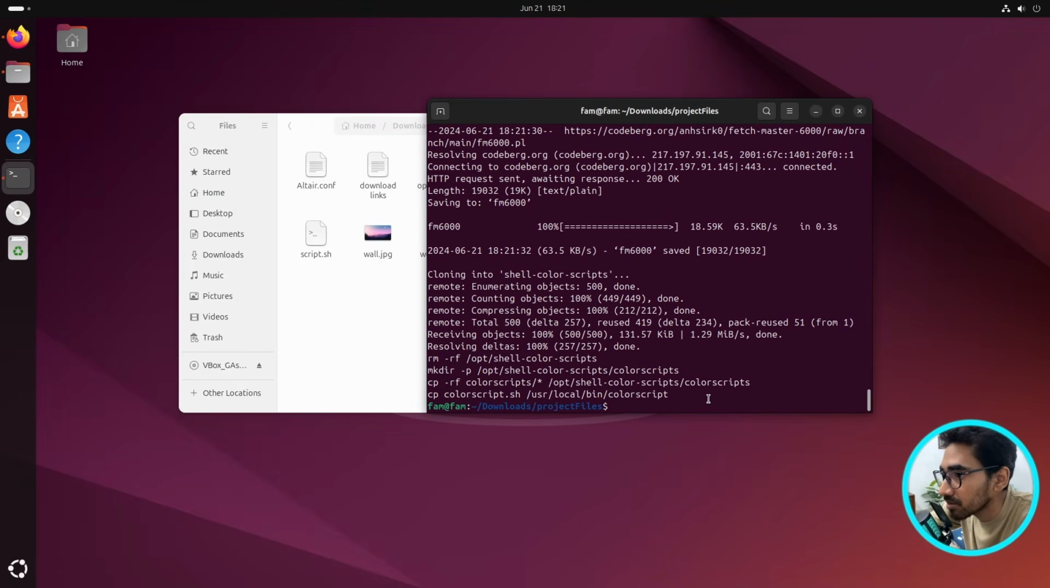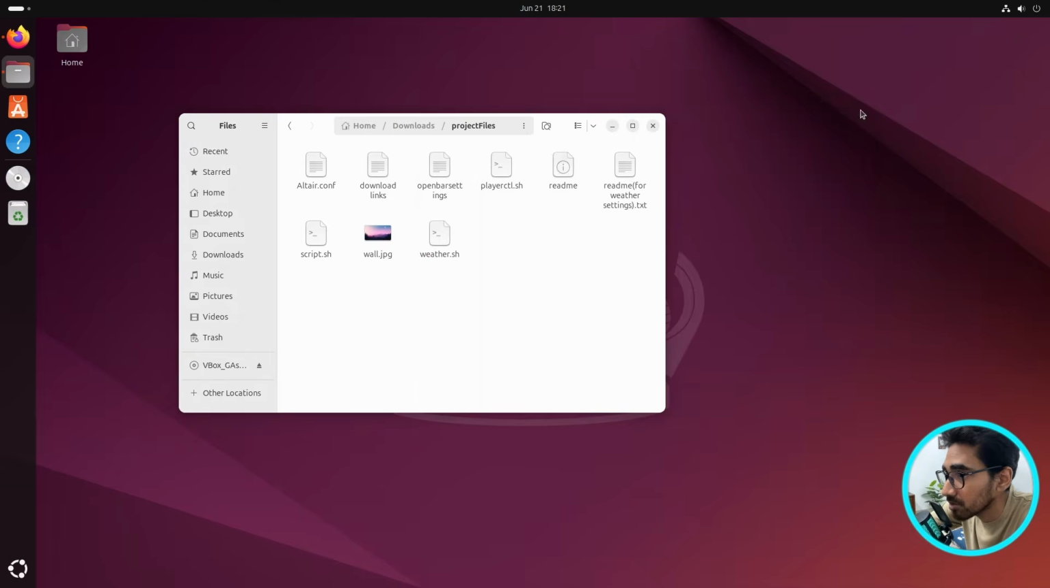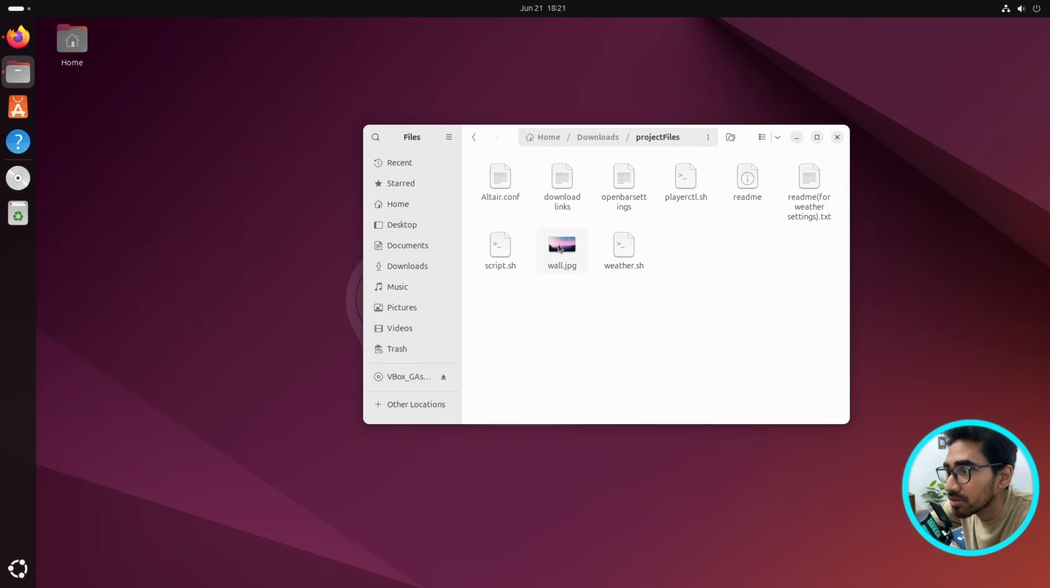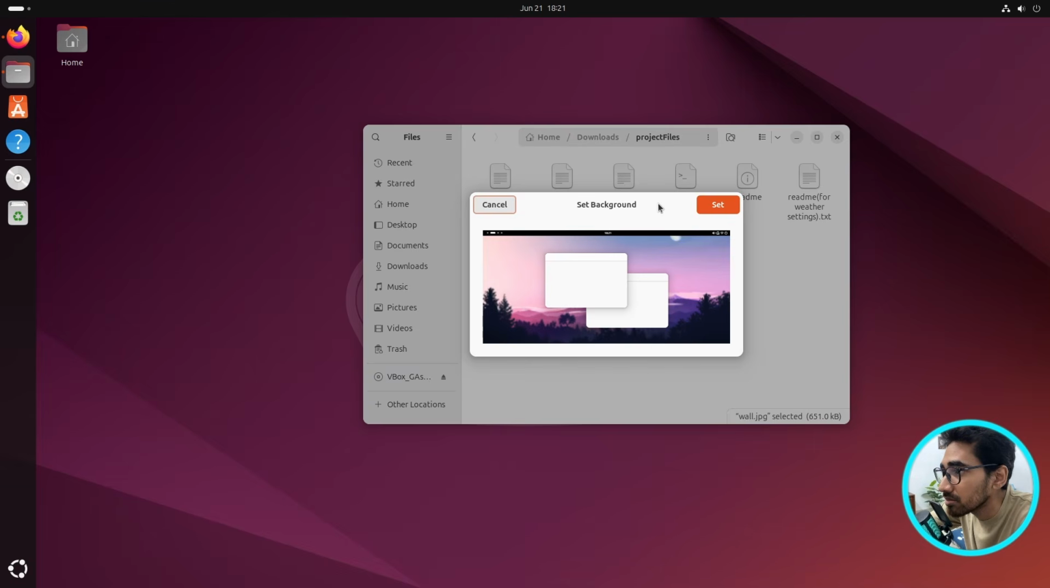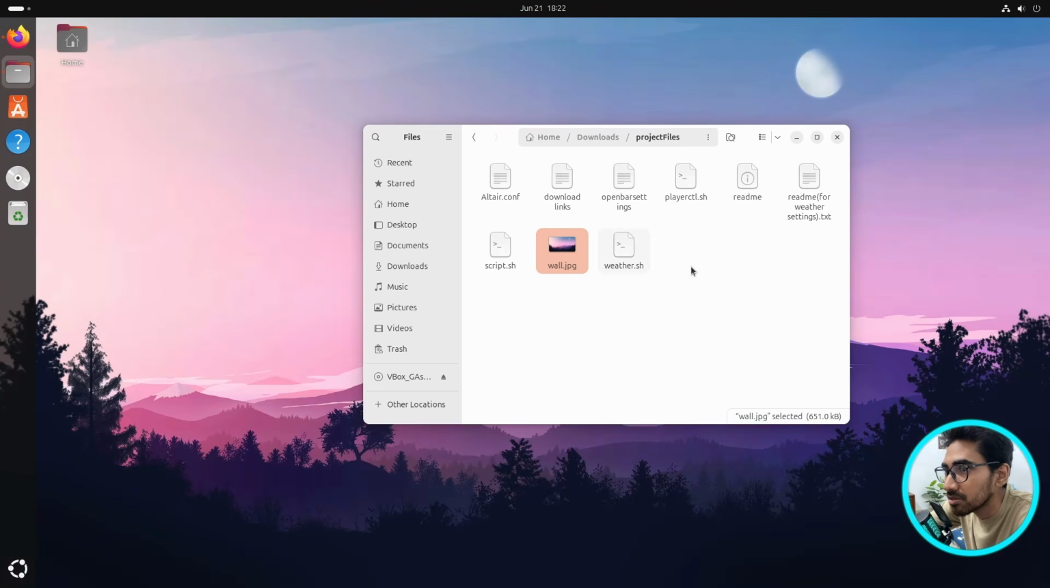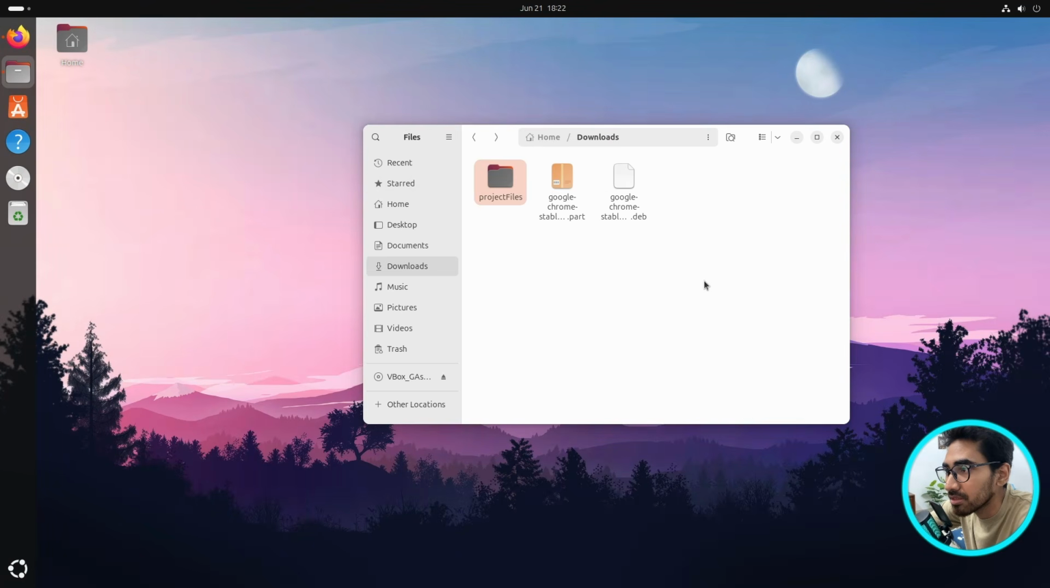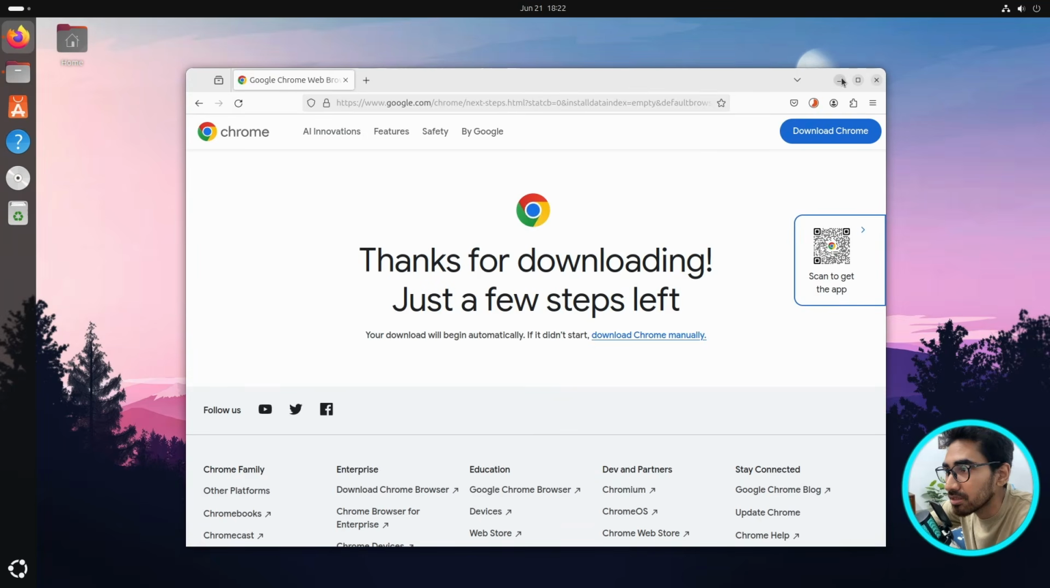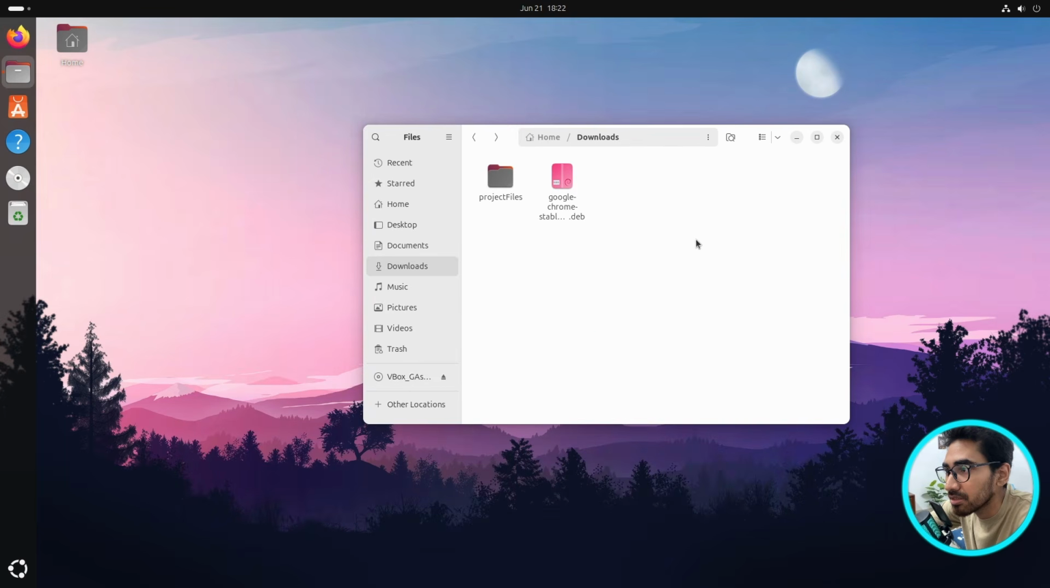So this one is done, so I'm going to close the terminal here, and let's quickly apply the wallpaper as well. If I want, I can apply the wallpaper at the end of the video, but I will just do it right now because why not. So let's see, it is almost done. Okay, so let's close this browser, and